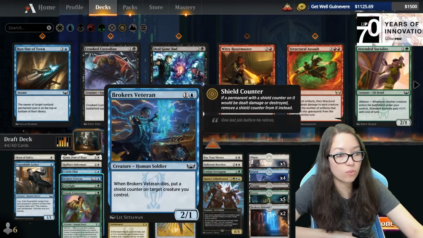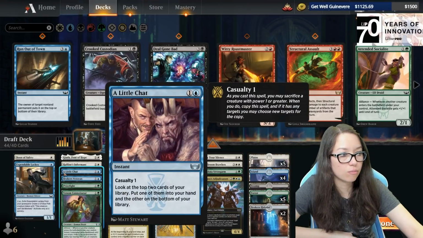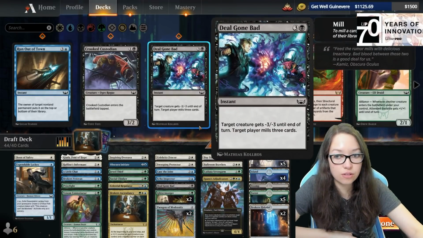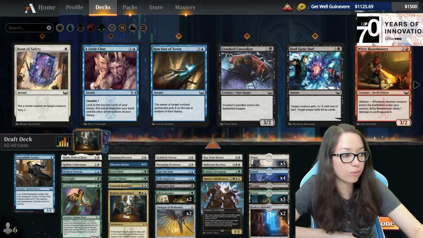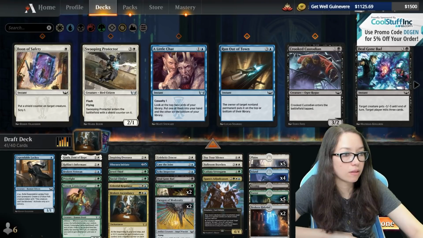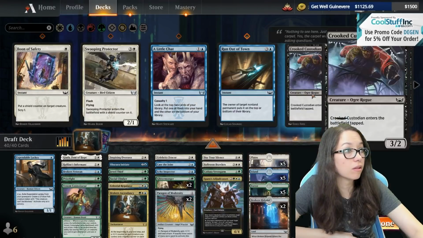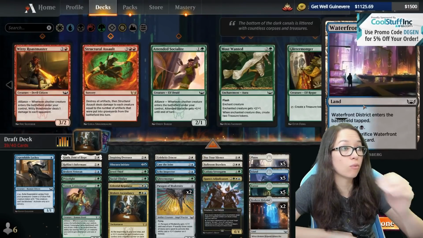Social Climber is one of the weakest ones here. A little chat for card draw. We have card draw with Overseer and Case the Joint. So we probably don't need that. Get rid of Boon. I am a little torn on the Deal Gone Bads. We have a lot of 4-drops, so I'm kind of inclined to take the Deal Gone Bad away, get rid of one of the glitterers because we don't need it anymore, and